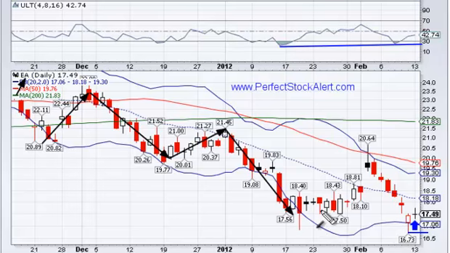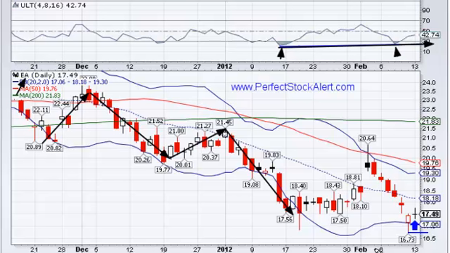A couple different things. Right off the bat, the ultimate oscillator. Note this low point here and the higher low here. Okay, this is trending up. The momentum to the downside is decreasing. However, we're still seeing lower price activity. You're making lower lows, and so that's something that you need to look at and say, okay, it's probably not